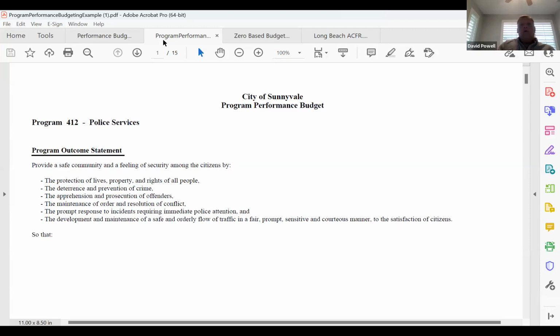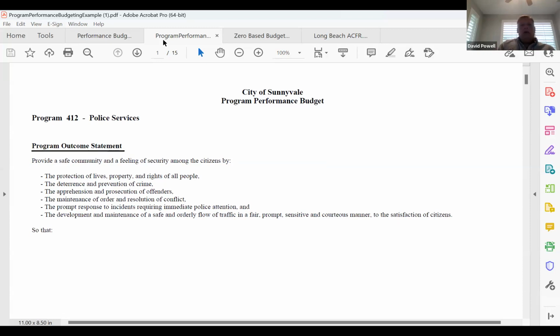For program 412, the goal is to provide a safe community and a feeling of security among citizens by the protection of lives, property, and rights of all people, the deterrence and prevention of crime, the apprehension and prosecution of offenders, the maintenance of order and resolution of conflict, the prompt response to incidents requiring immediate police attention, and the development and maintenance of a safe and orderly flow of traffic in a fair, prompt, sensitive, and courteous manner